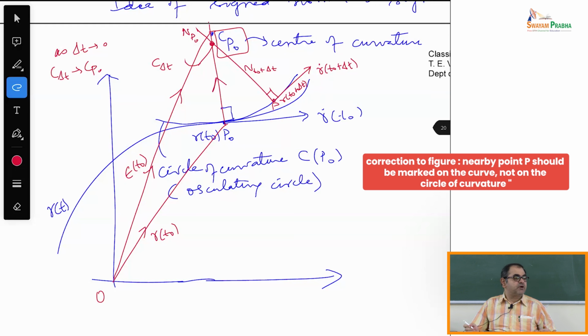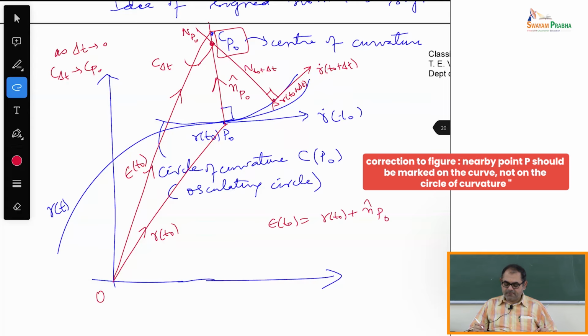You see this normal vector here, normal to the curve. If you call it n hat at P naught, then you have a very simple vector equation. You have epsilon of T naught is equal to gamma of T naught plus n hat P naught